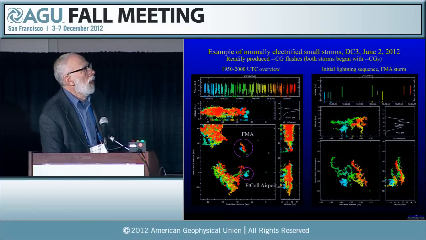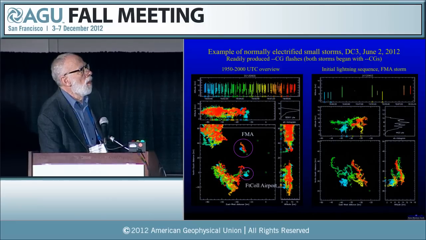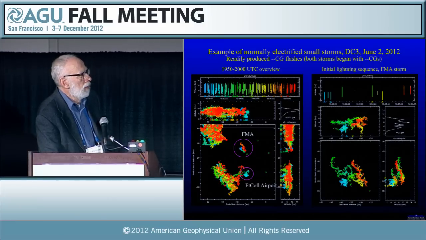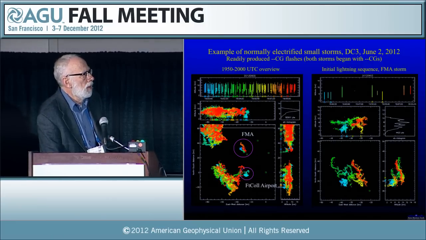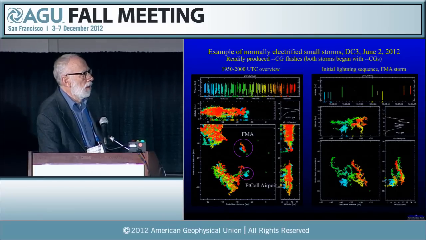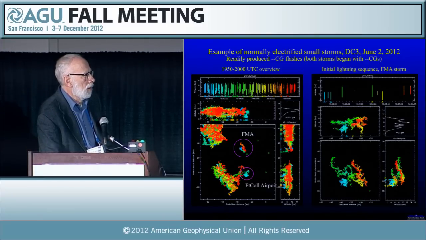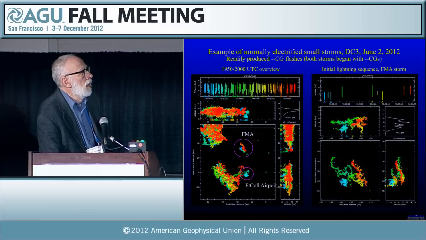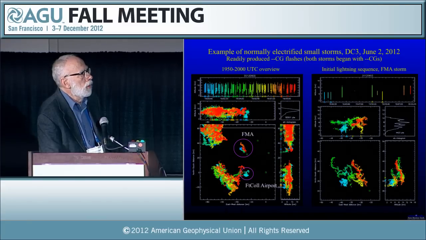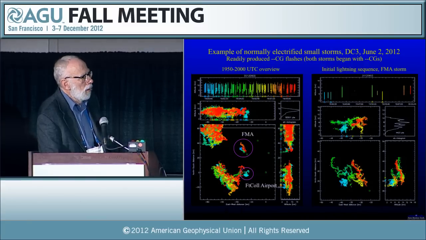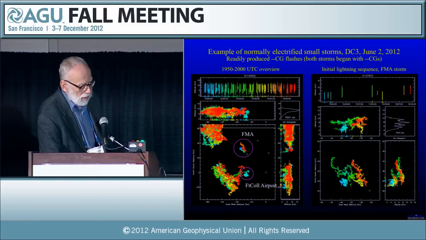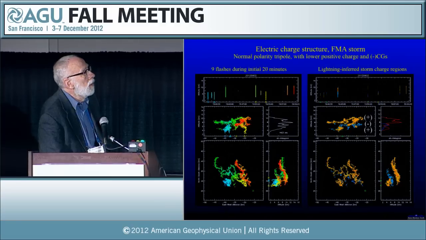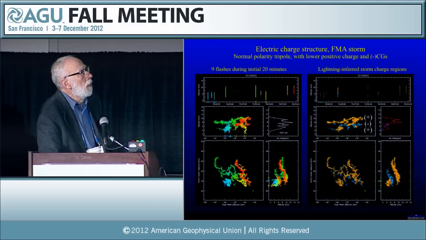So here's an example of two small storms, the FAMA storm over Walt Lyons Place near Fort Collins, and then the lower circle is a small storm over Fort Collins Loveland Airport. These two storms both produced low lightning rates and they were normally electrified. The interesting thing about them is that here are